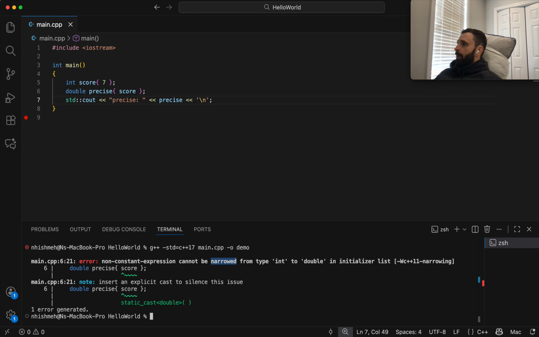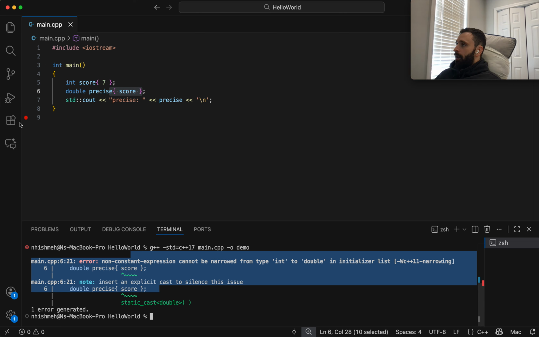So what's happening is that with brace initialization, this is called list initialization in C++, and it's very strict. When we try to list initialize a double using an int, it does not allow narrowing because we could potentially lose information, so it throws an error, as you can see down here.